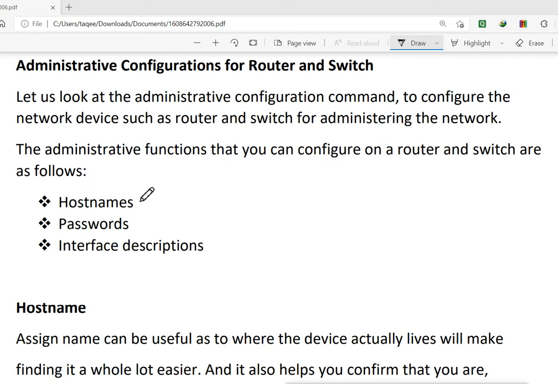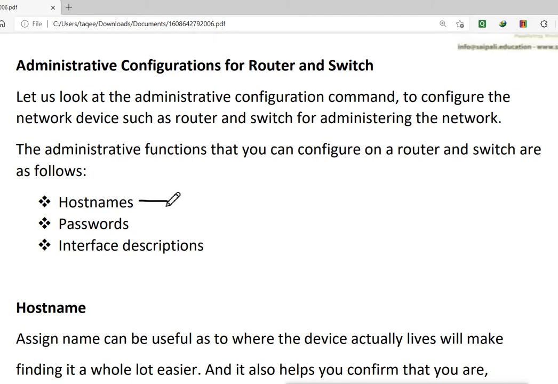First, you have to configure the name for your device. That means your device will be identified with this name. If you have multiple devices, remembering them by IP addresses is not easy for us, because we are not able to remember the numbers. Remembering the devices by name is a good thing, we can easily remember it. It is human behavior that we remember names more than IP addresses or numbers.